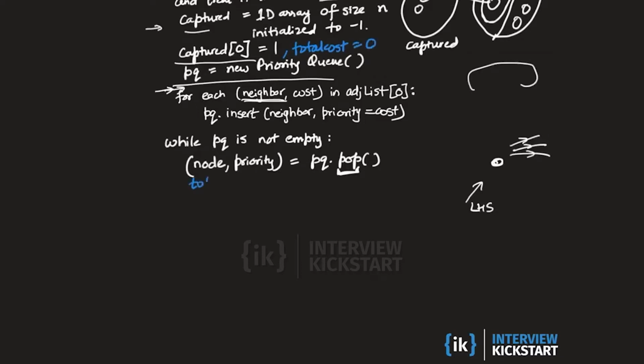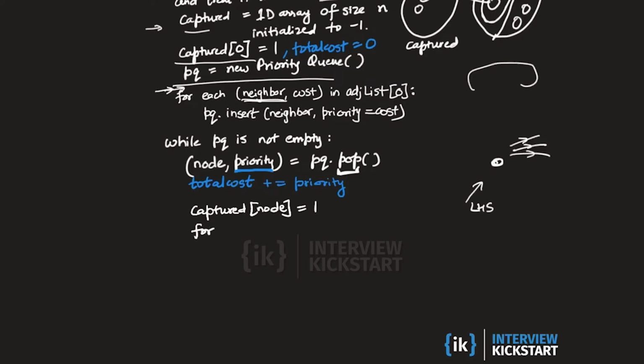What we will do is, since we are dragging this node to the left, we are inserting one extra edge into the spanning tree, and that happened to be the edge with the lowest weight across the cut, which is also the priority value of the vertex in the min heap which we are dragging across now. So the total cost is going to go up by that priority value, and apart from that we are going to mark the fact that this node is being captured. It's moving to the left, so captured of node will be 1,